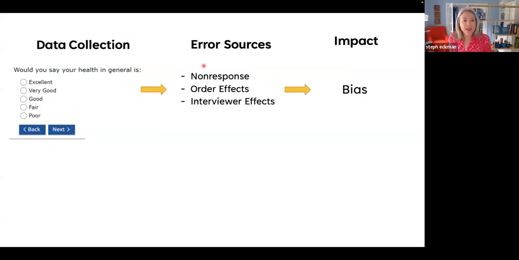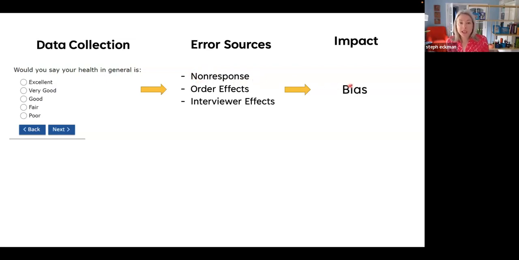And when we ask questions like this, we worry about non-response, we worry about order effects, we worry about interviewer effects, not in a web survey, but in other modes of surveys. So we worry about these kinds of things because they can impact bias in the estimates that we make, right? So we might worry like, oh, my response rate's only 30% or only 5% or whatever it is these days, right? That non-response isn't so much a problem itself.